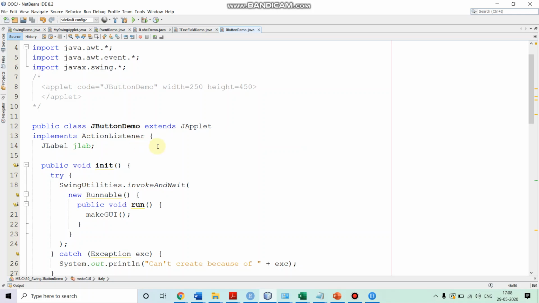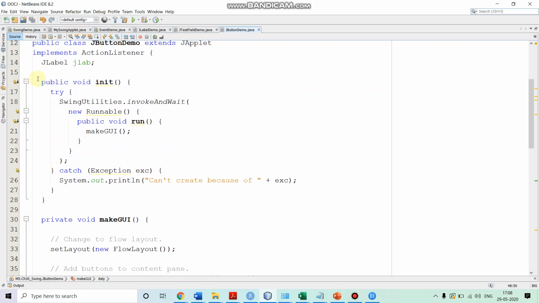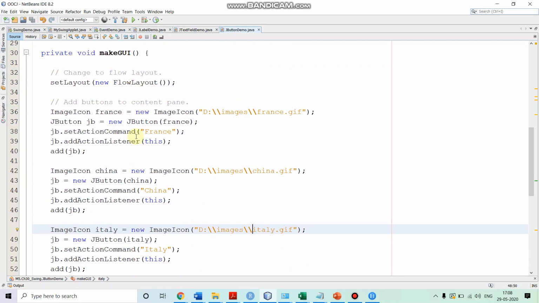So when a button is pressed, the action event is generated, right? To handle that action event, we need an action listener. So this class is also implementing the ActionListener. We have a label over here, JLabel, jlab. We are defining two methods, init and makeGUI.